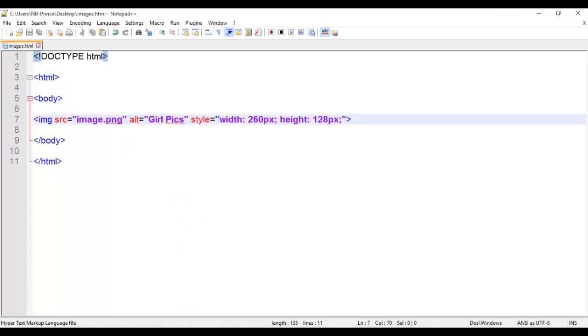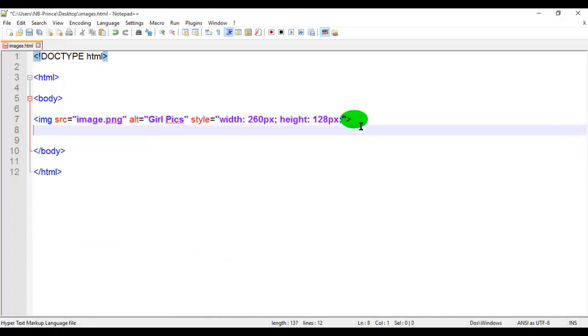The second method to give the width and height is the width and height attributes. Alternatively, you can also give the width and height directly.